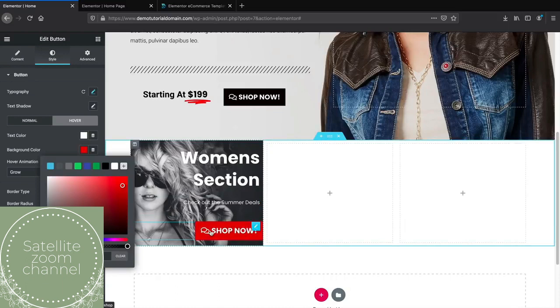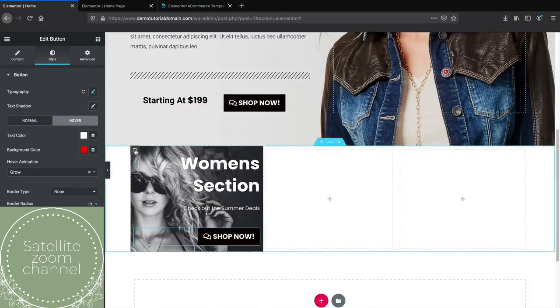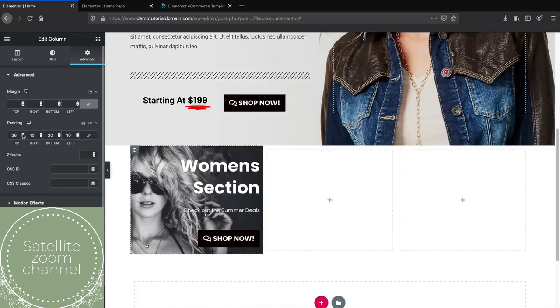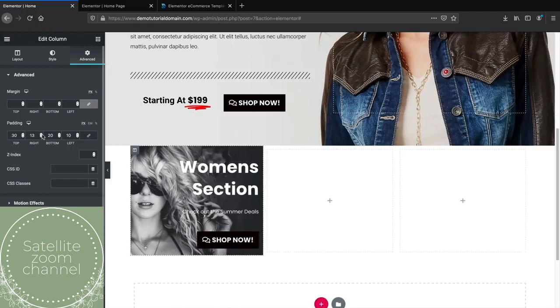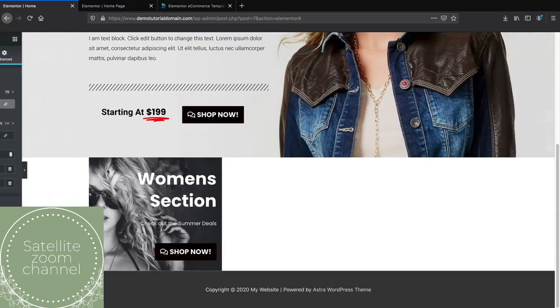So now we're kind of carrying that red a little bit more. One thing also is I want to add just a little bit more space. I think it's too close to the wall right there. See that? So I'll click on the edit column, and under the advanced section, we can just increase this padding a little more. I want maybe 30, 15, 30, and 15, just to add a little bit more space so it's not